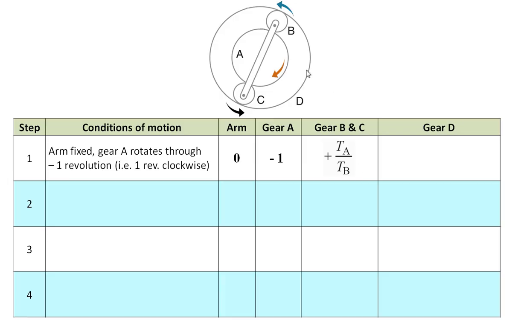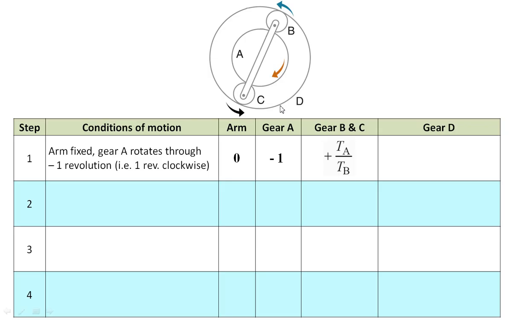Further, gear D has internal teeth, and we know that in case of internal teethed gear we have the same rotation as that of drivers. So here B and C are drivers and they are engaging with internal teeth of D, therefore D shall also follow the same motion as B and C, that is anti-clockwise motion.